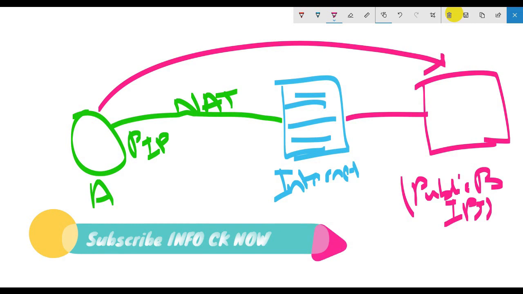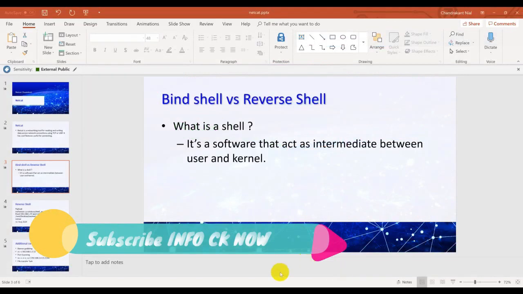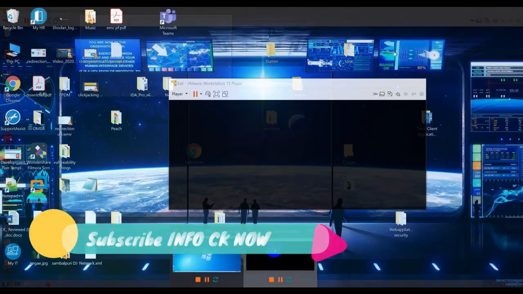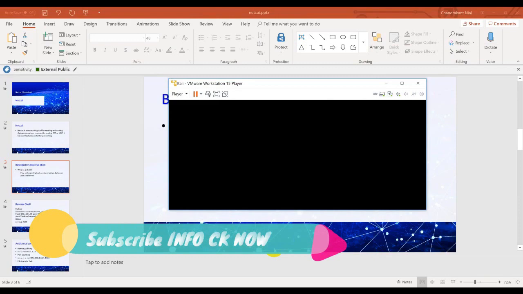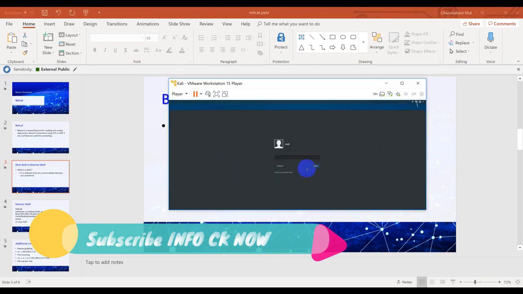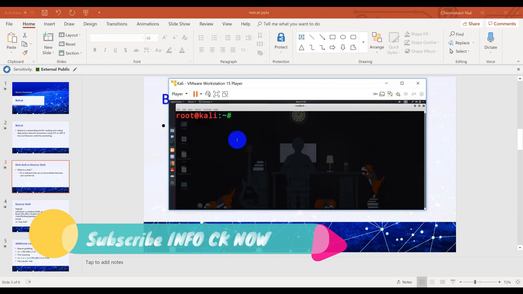So let's go ahead and understand that using our demo. I'll simply go to my terminal and create a bind shell. Now user B needs some help, so you can simply type nc -nlvp, use port number 5555, and give bin/bash as the service.